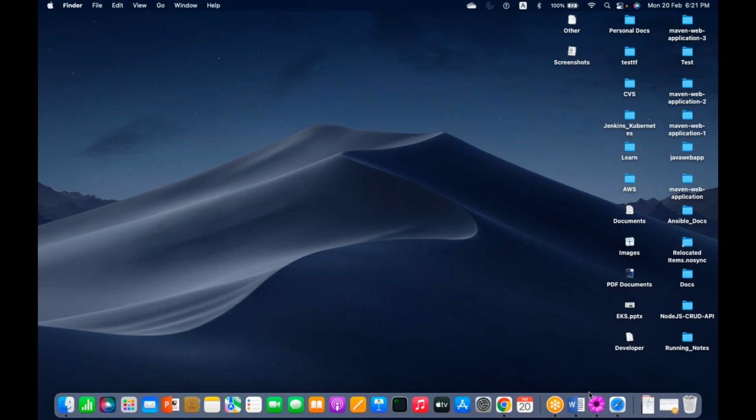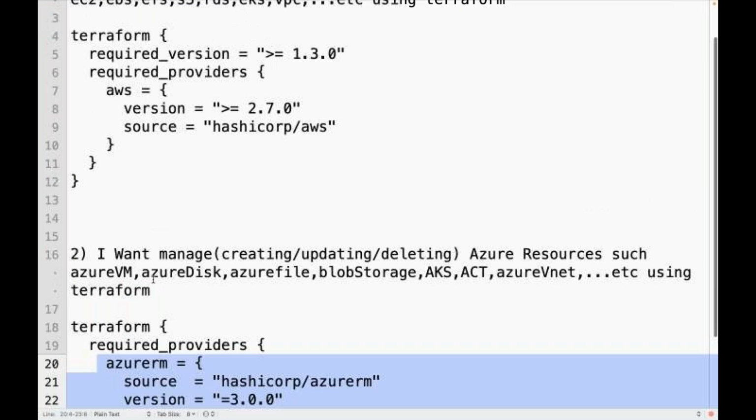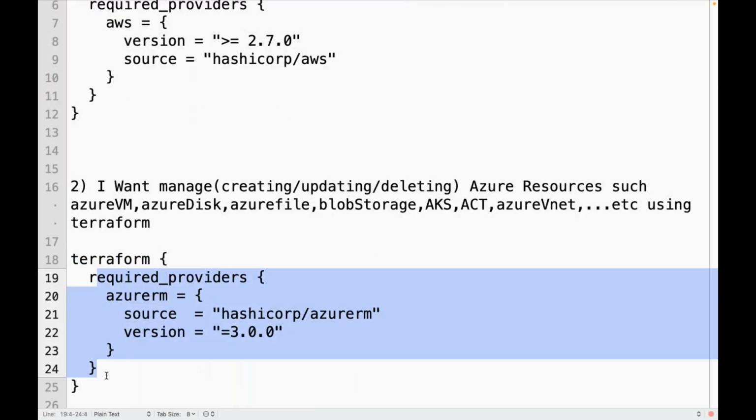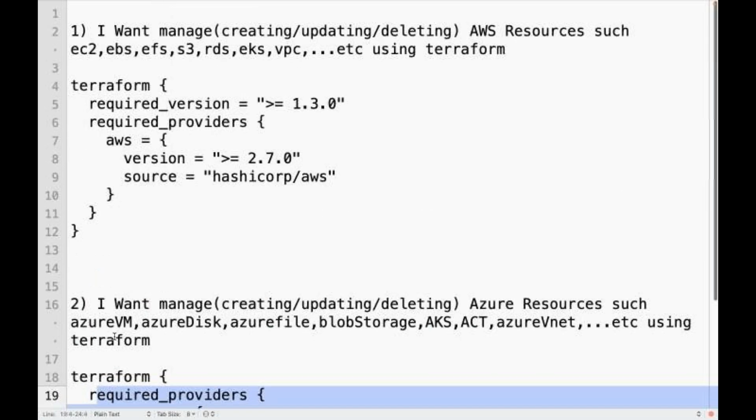What people are doing is learning by heart, and this will not work out. You need to understand what this block is and what we can do using it. What is a resource block, what can we do using a resource block. What is a variable block, what can we do using a variable block. What is a data block and how to use data blocks. You need to understand those blocks. Then you can understand Terraform easily.